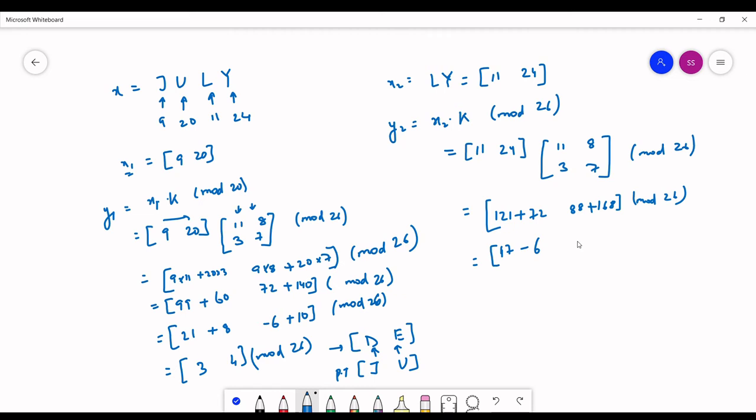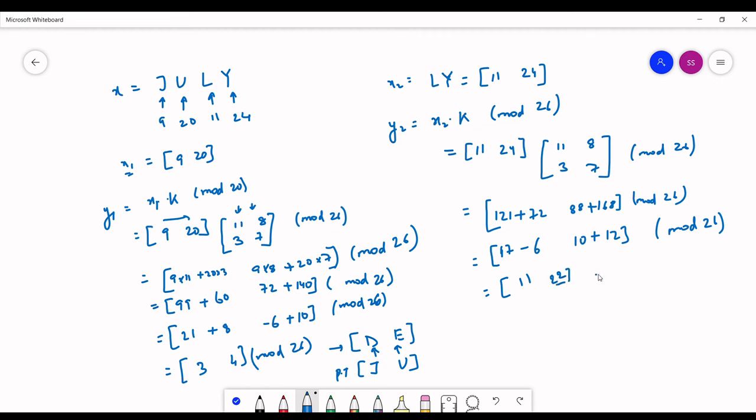Similarly, 26 into 3 is 78, so I can write this 88 as 10. And here, 26 into 5 is 130, so 168 minus 130 is 38. Again you can subtract 26 from it, so you will get 12. It's up to your practice, how much you practice it, you will be comfortable solving this type of equation, how to take modulus. It completely depends on how much you have practiced it. So 17 minus 6 is 11, and 10 plus 12 is 22.